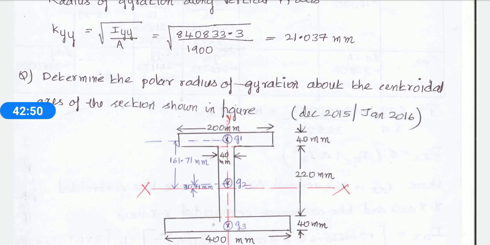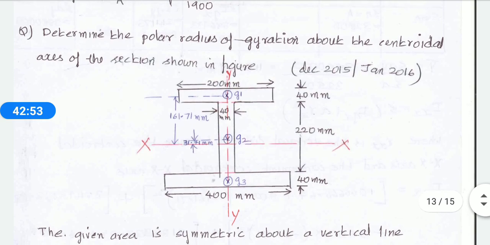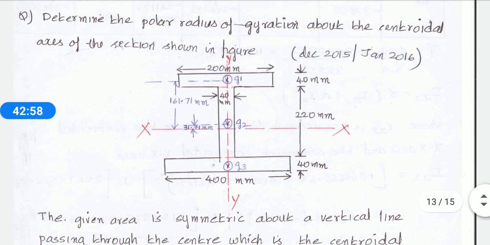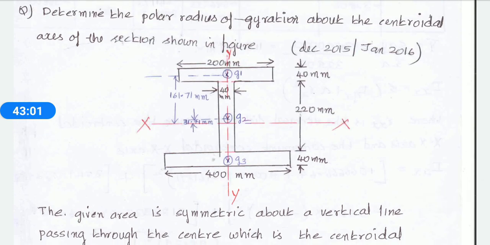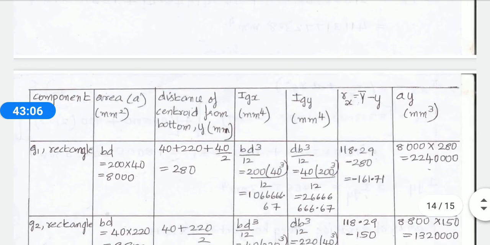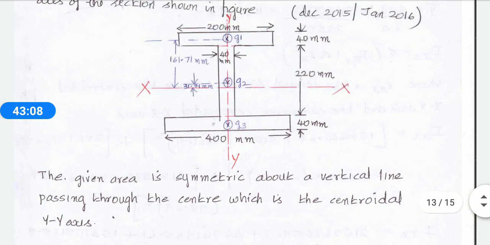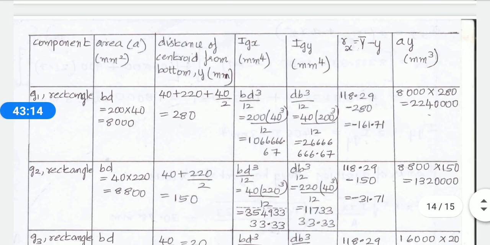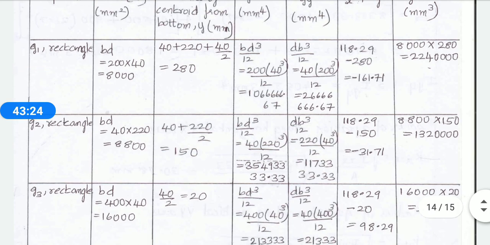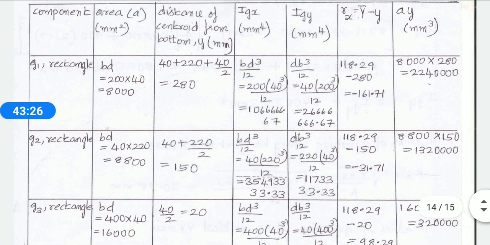According to the given question, if it is acting in the centroidal axis, you need to do this method. See, one more problem I'll give you: determine the polar radius of gyration about the centroidal axis of the section. They have given that the axis is moving along the centroidal portion. So the table should consist of your Rx value. Here we have 1, 2 and 3 elements. The 3 is our rectangular element. So directly substitute your 3 elements, find your 3 areas and distances, that is y, and you find your IGx and IGy according to the formula.